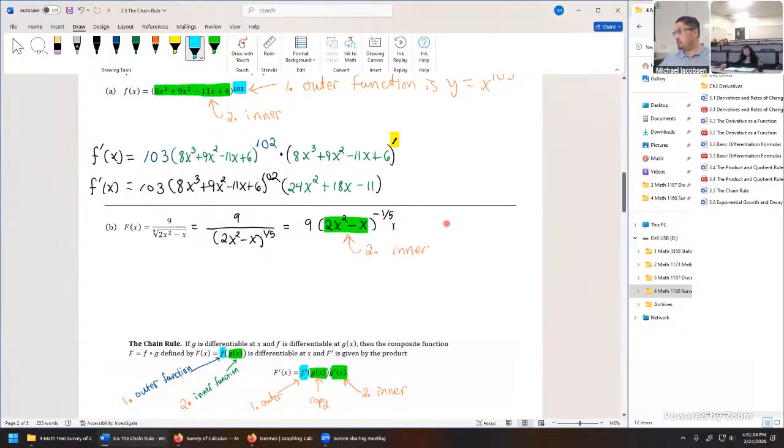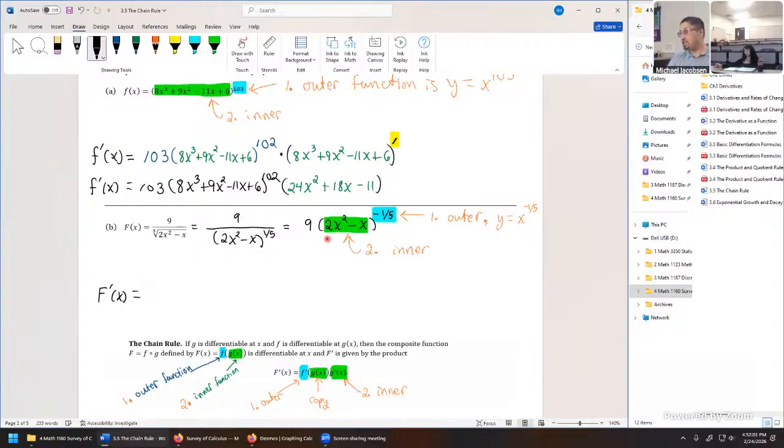There's an outer function, power negative 1/5. So we have another power function, just like in the last exercise. So this is function 1, outer. And I'll write the outer function specifically as y equals x to a power negative 1/5. You don't necessarily have to say that, but if it helps to visualize, not a bad step. Finally, we're going to differentiate in exactly the same order we did this one. But in this format, we can say